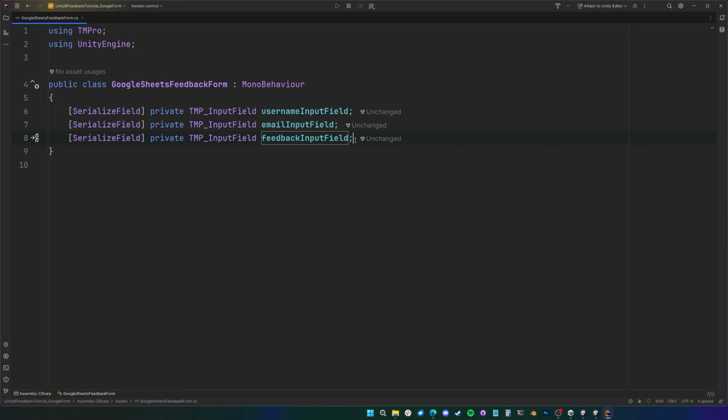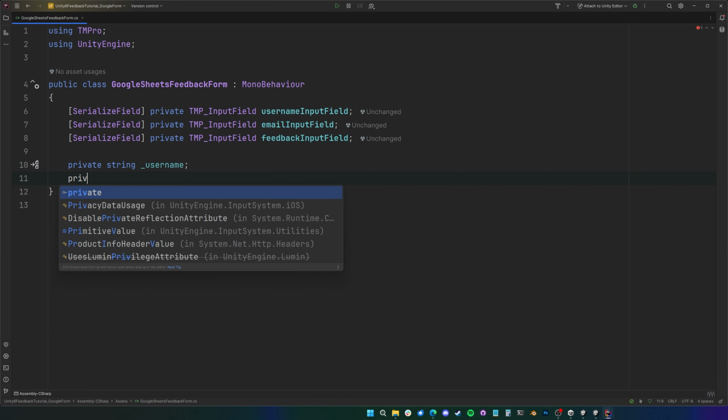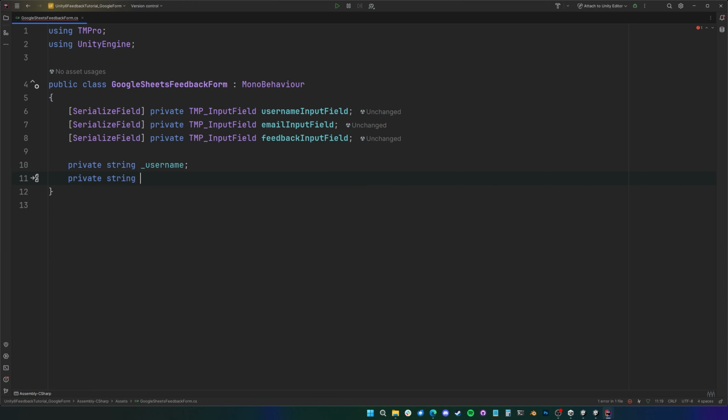I'm going to duplicate this twice, and we'll have the email input field and the feedback input field. Okay, and then underneath this, I'm going to make some private strings that will store the text that is actually in our input fields. So I have private string underscore username, private string underscore email,